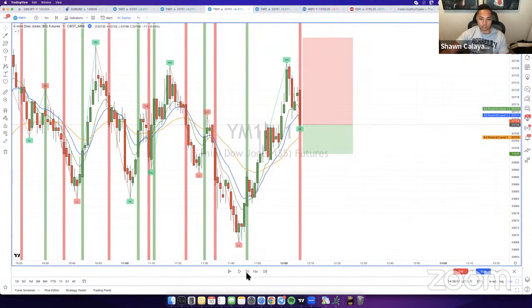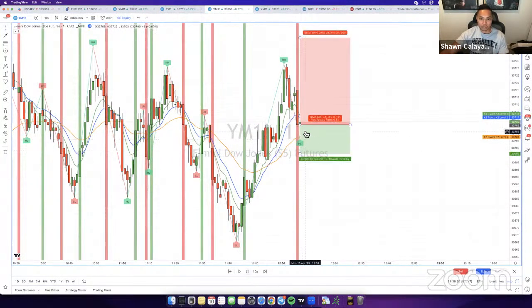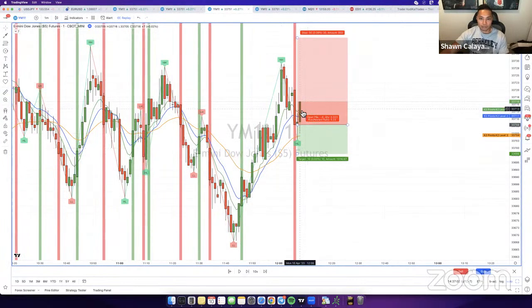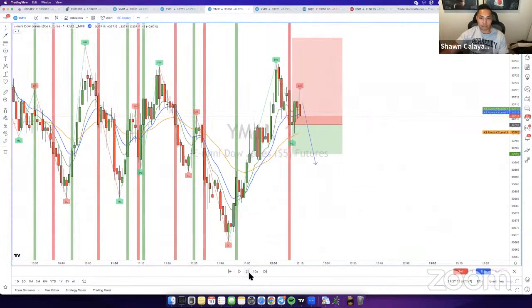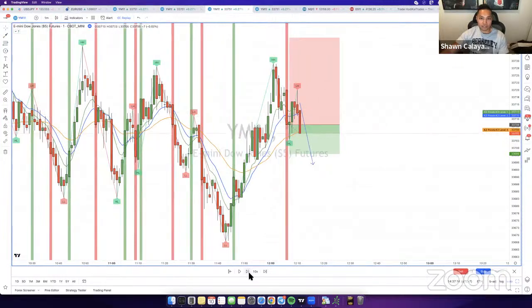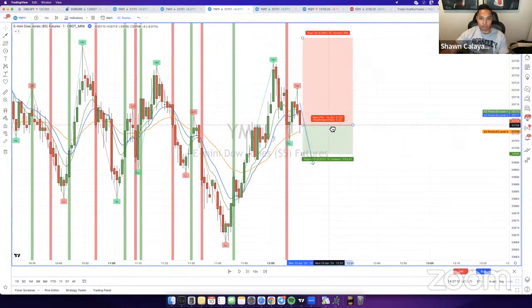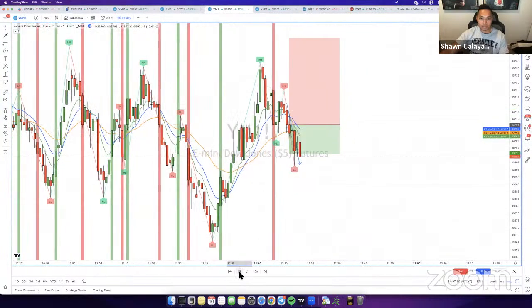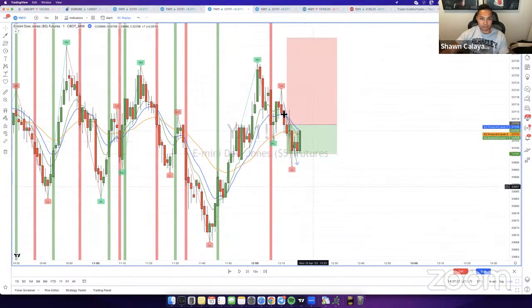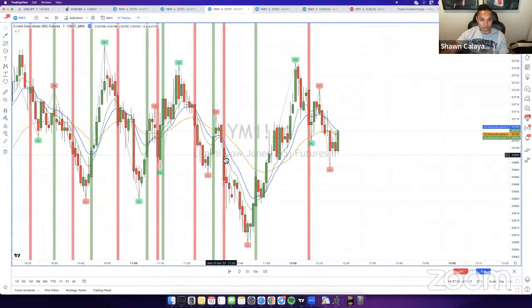Because you'll see right here, price bounces around a little bit. It drops into profit, retraces up a little bit, retraces up a little heavier. At this point, I would have my sell stop ready right there, so that when price comes back down, it will fill my order and drop right into profit. So right there, price is waiting, I'm still not in the position, it drops down, fills my entry right here, a late entry at that point, and then it goes down to my TP. So it's typically when the candles are too big.